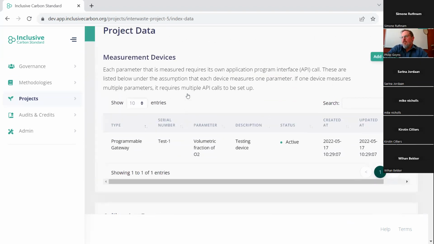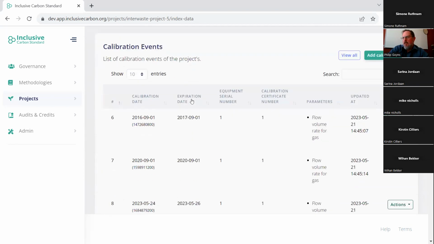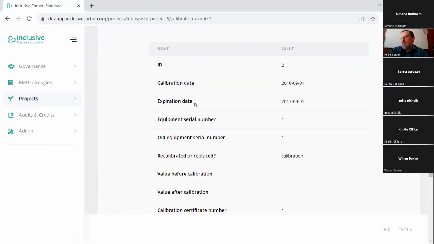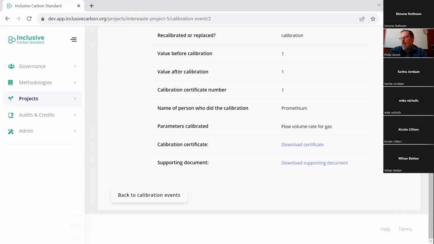This is a project here which we built calibrations into. What a calibration requires is your instruments in the quality control procedure. One should define the frequency at which your instruments are calibrated. What we've then provided for that, in this particular methodology that we're looking at, is you can define calibration events. A calibration event logs the date at which calibration happens. It logs when the next calibration should happen, and then information about the instrument. And one can then also upload the